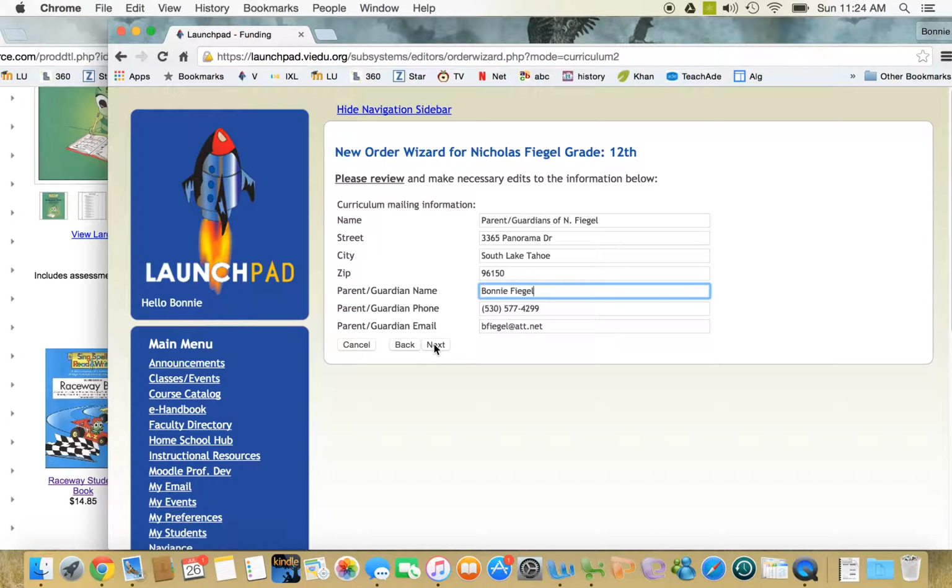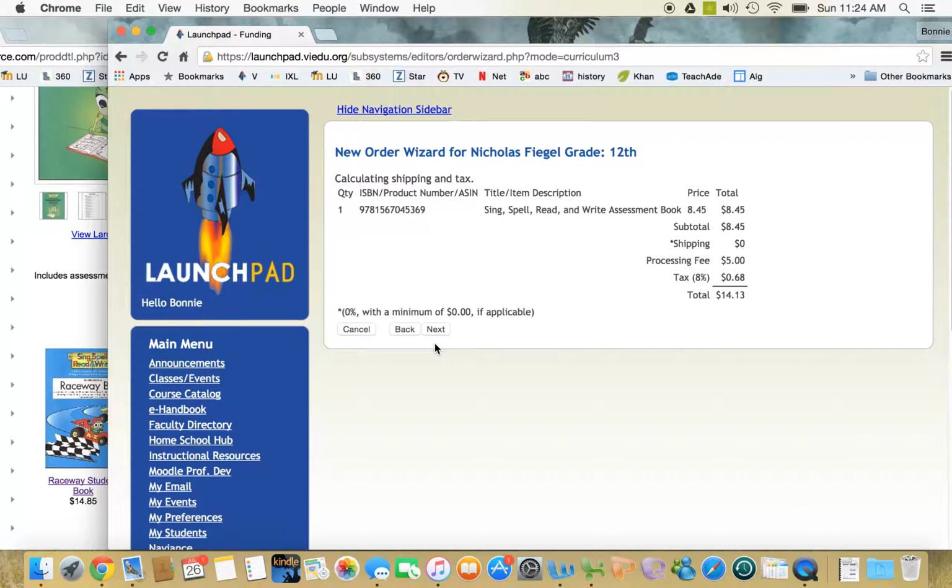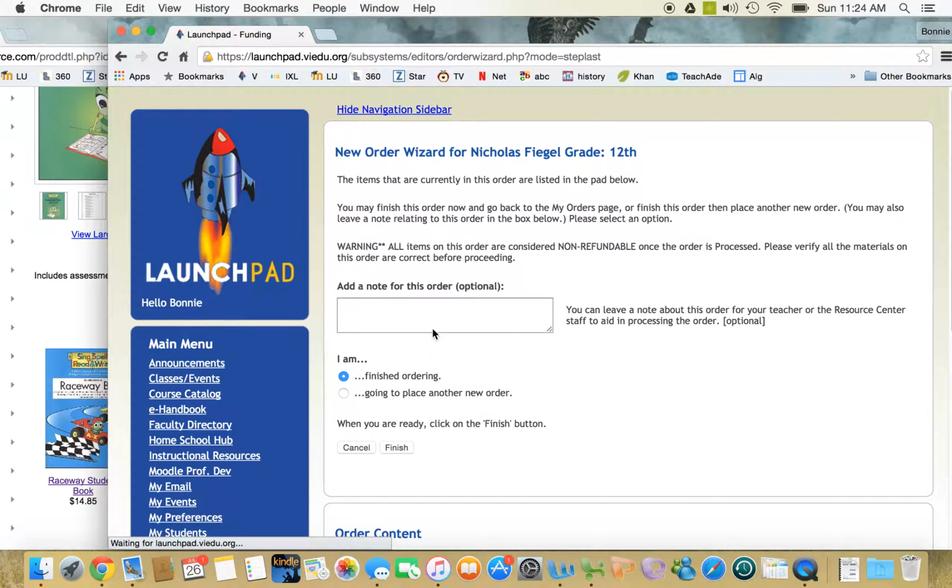So then you click next, and what comes up here is it shows you your prices and your tax and all that kind of stuff. Then you click next, and if you have any notes, so say you're ordering this particular assessment book, which is good for first grade, Sing, Spell, Read, and Write program, and you have a third grader, but you're using this because you feel like you need to review phonics. So you would write in here, using this program to review phonics. I don't know, something. Need this assessment